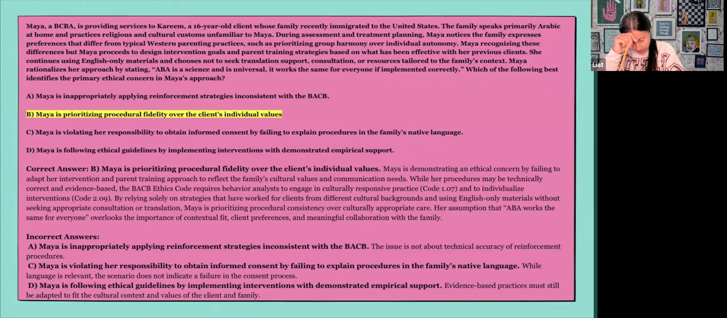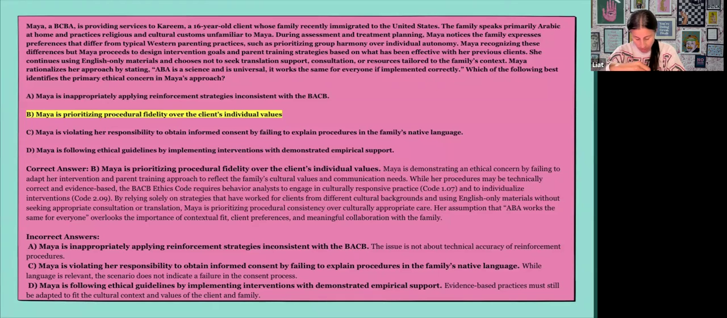Okay, our correct answer is going to be B. Why is it B? Maya is demonstrating an ethical concern by failing to adapt her interventions and parent training approach to reflect the family's cultural values and communication needs. While her procedures may be technically correct and evidence-based,